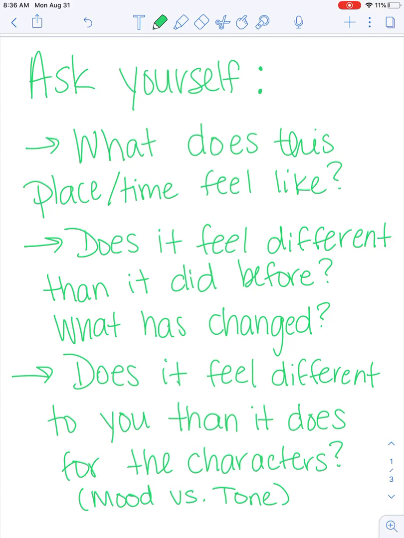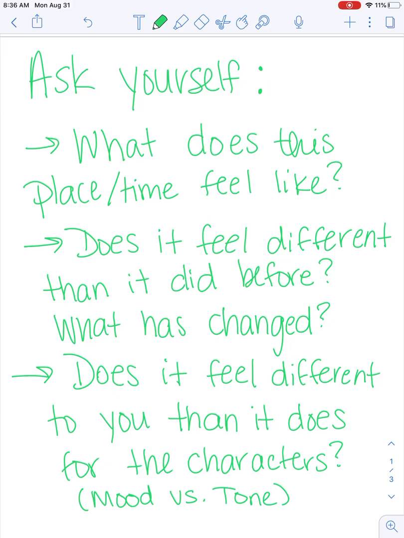Sometimes a place might feel great at one point in a story and then not feel so great at another point in the story. And you might want to notice, wait, what's different? What has changed that might have caused this feeling to change, this mood to change? And then, does it feel different to you than it does for the characters? Sometimes mood can be different from tone, right?